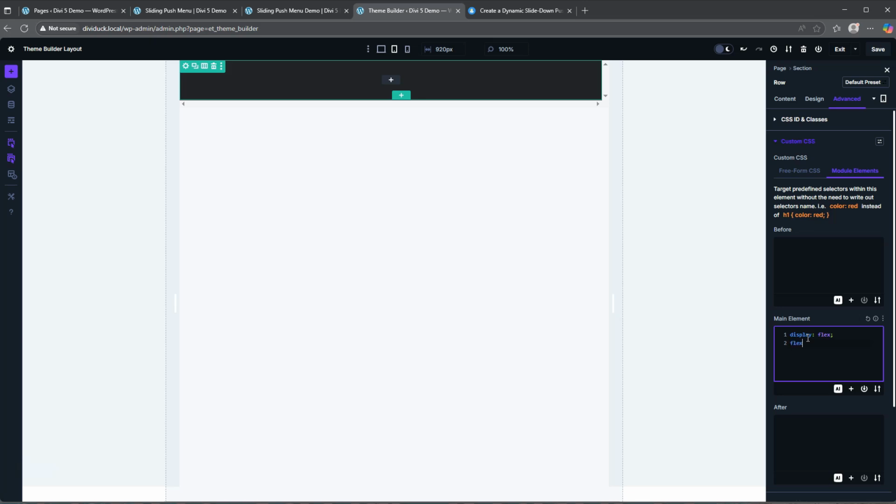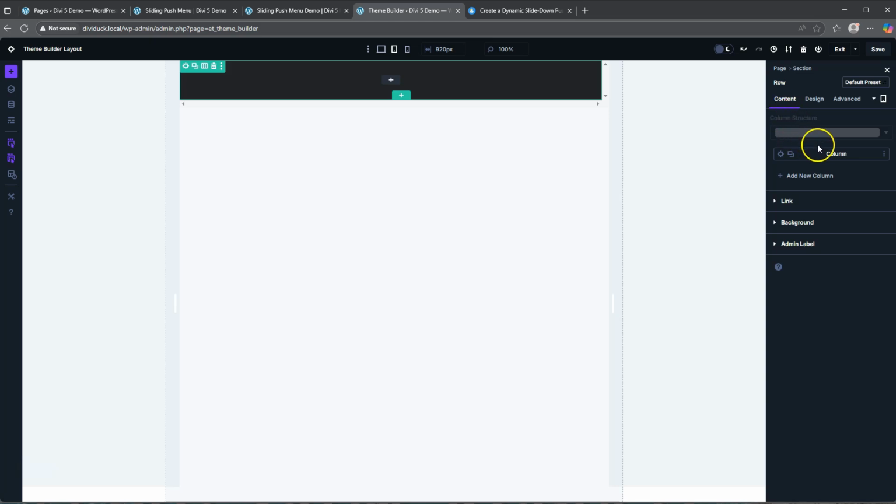And then this flex direction, we want to make it a column. And also we want to make sure that this is aligned items center. Okay, so once that's all done, we want to go back to content, and then we want to jump into